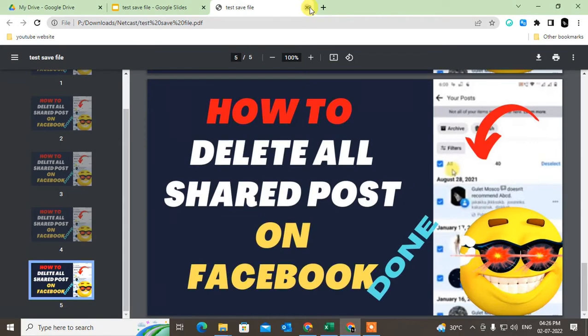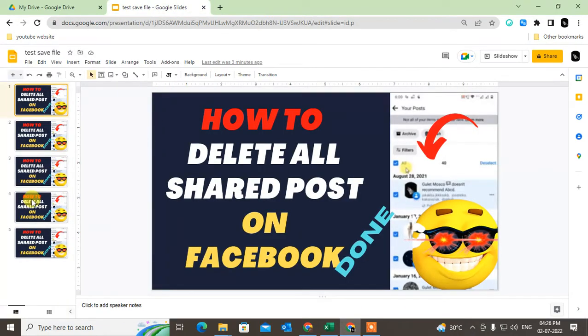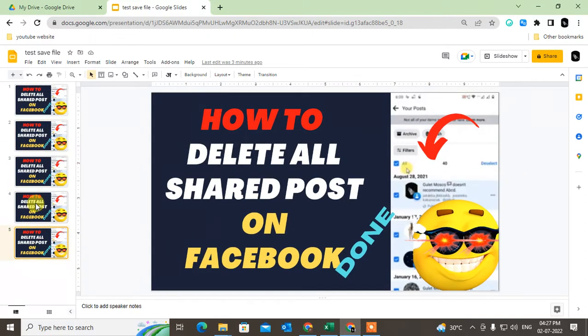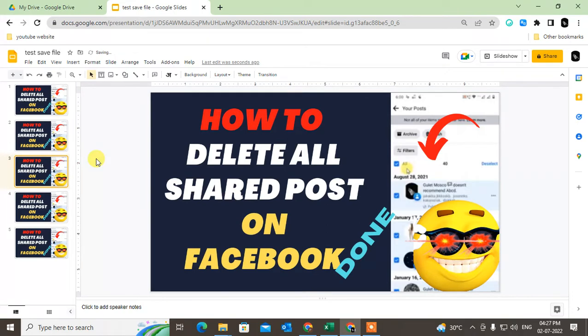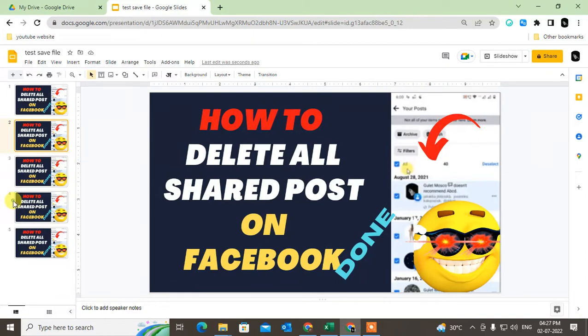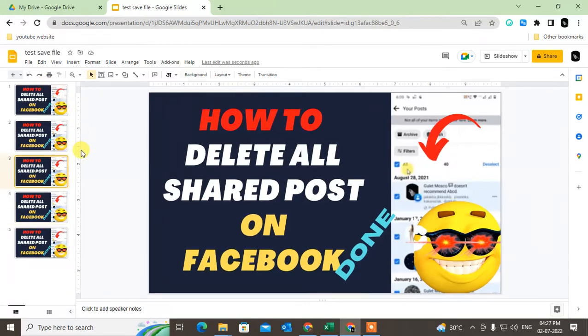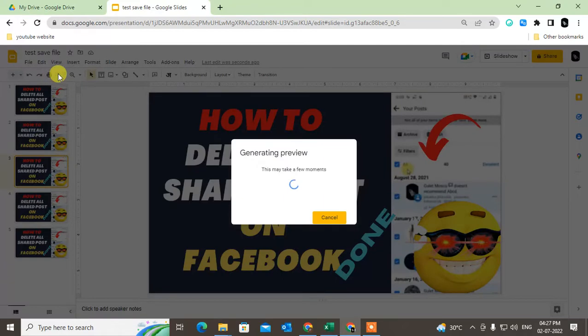Okay, but in case you want to download or save only particular slides out of this file, you can see I have 5 slides here, and out of this file I want to save only the second slide and the fourth slide as a PDF. So what do I need to do? You can easily use one trick, which is just go to the print section,